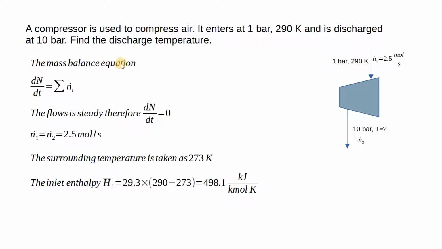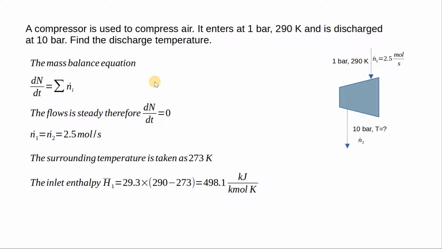First, we apply the mass balance equation to this compressor. dN by dt, that is moles of air in the compressor, that is within the volume of the compressor. We take the walls of the compressor as the system. So moles of air changing within this control volume by time is nothing but the summation of the air flowing